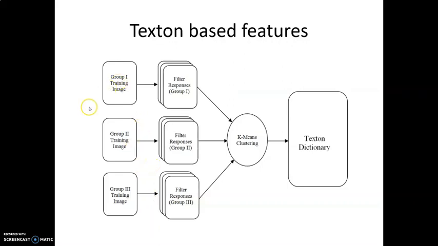This is an example that has been taken for a 3-class problem. We have 3 different classes, which means, for example, we are trying to classify 3 different animals which are there in the images. One is a dog, one is a cat, and one is a monkey. So we have the training images for dogs, we have the training images for cats, and we have the training images for the monkeys. Now the first step that we need to do for each group is to filter the images that we have with a set of filters.